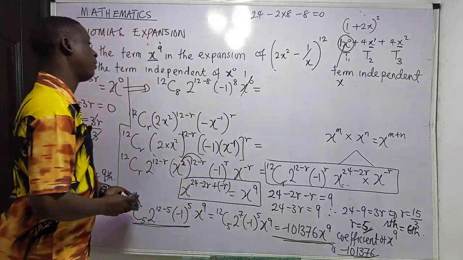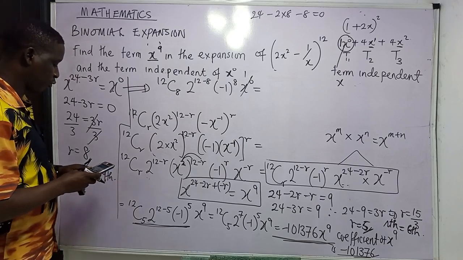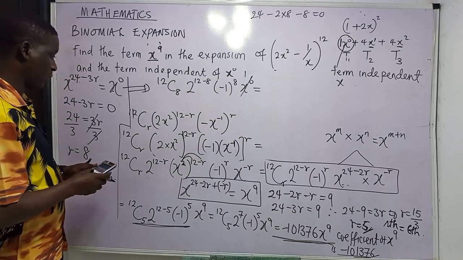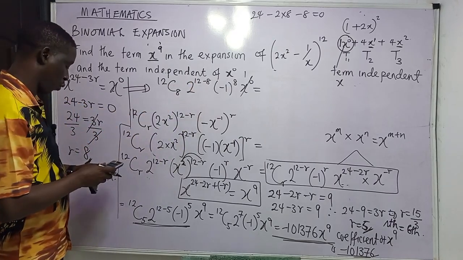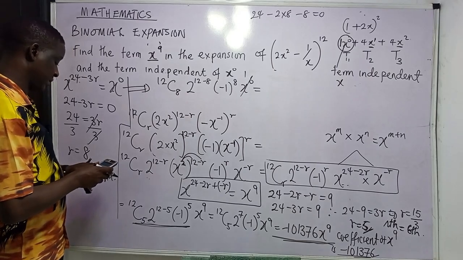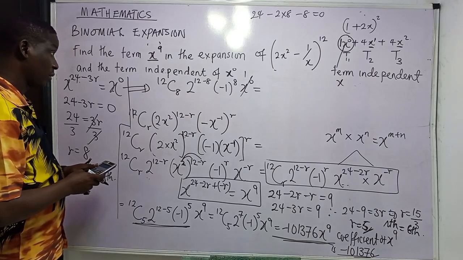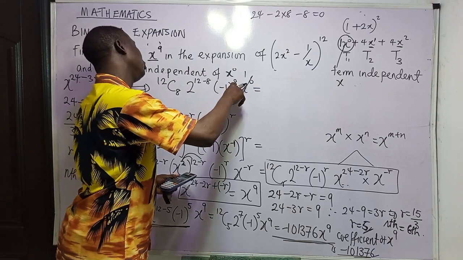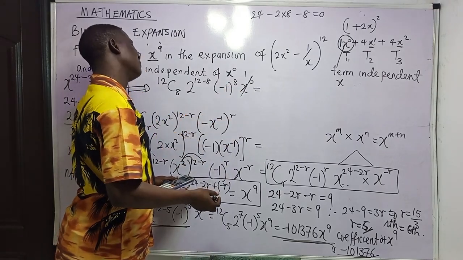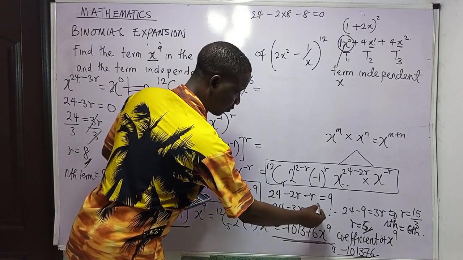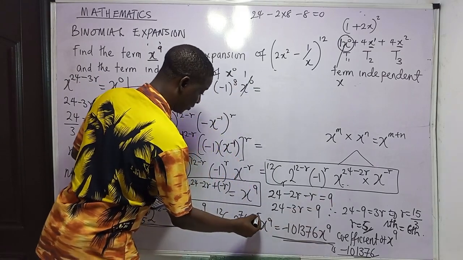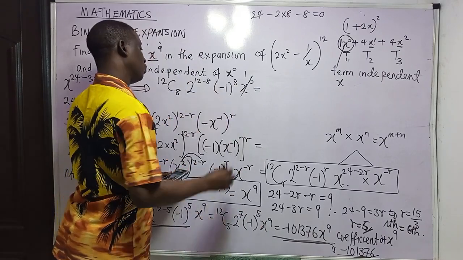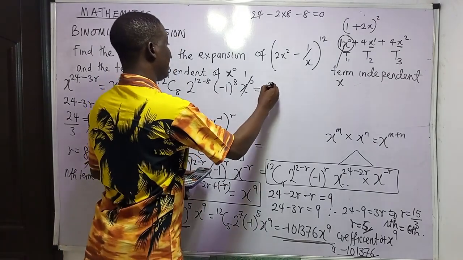So we are going to have our answer to be 12 combination 8 times 2 raised to power 4, since 12 minus 8 is 4. Then minus 1 raised to power 8: anything that is minus 1 raised to an even number will give you 1, because minus 1 raised to an odd number gives minus 1. This is an even number, so it will give us 1. So our answer should be